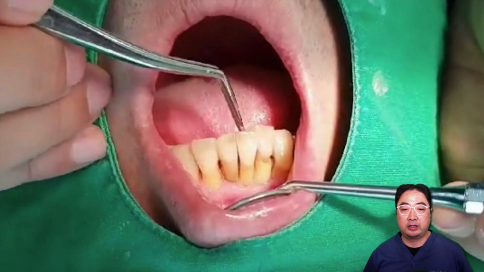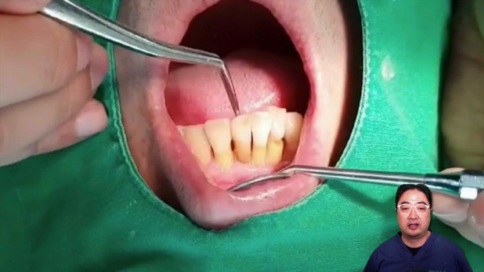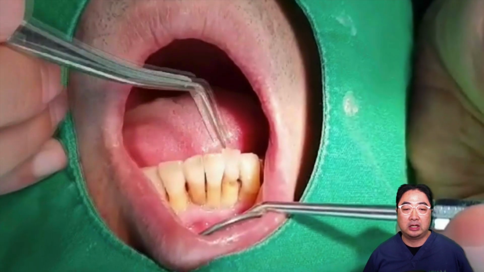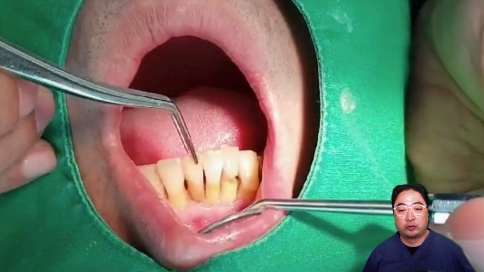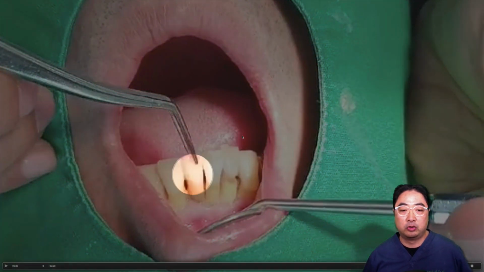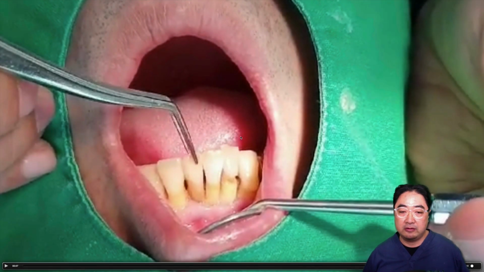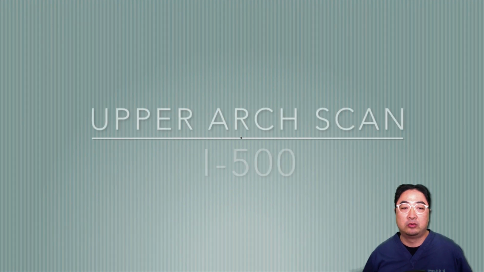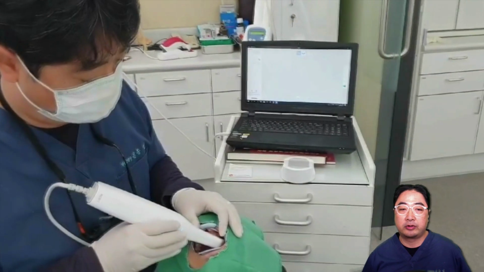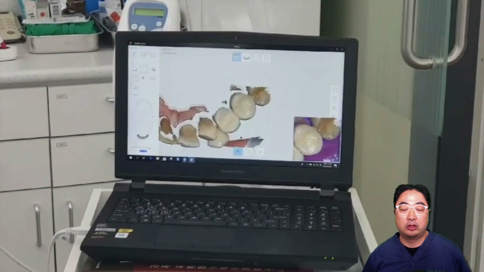From the movie clip, you can notice that these teeth are pretty mobile. If you try to make an impression for the temporary, maybe you will have to block out a lot around these mobile teeth. Or even though you block out the teeth, you may have a chance to extract these teeth with the impression. So what I did was I took an intraoral scan of the upper and lower arch